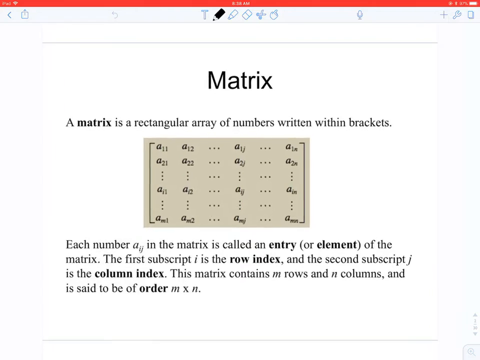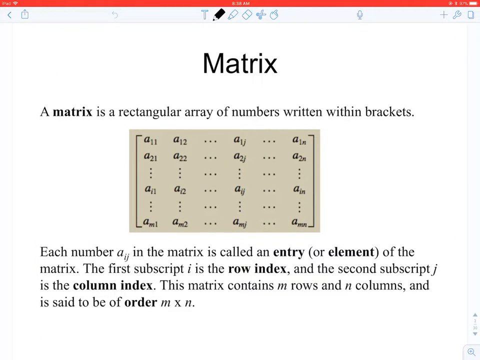Okay, so a matrix is a rectangular array of numbers written with brackets. Each number, a sub ij in the matrix, is called an entry or an element of the matrix. And the first subscript i is the row index, so it refers to what row an element belongs to. And then the second subscript j is the column index and refers to which column an element belongs to. For example, the element a sub 3, 5 would be row 3,